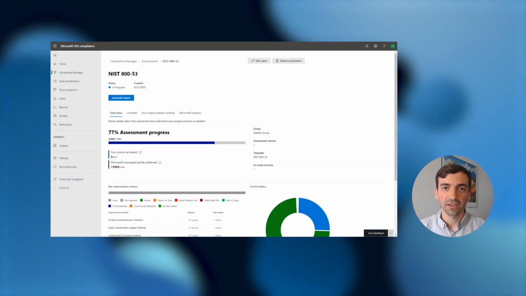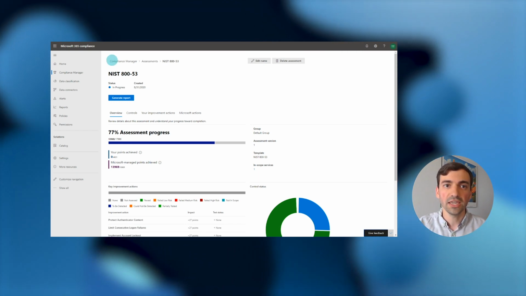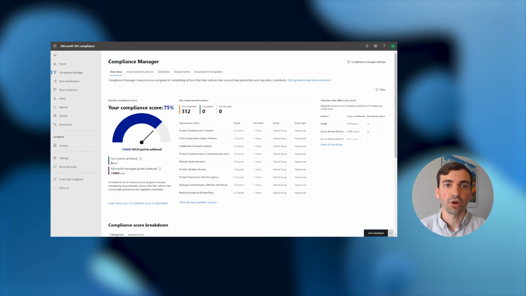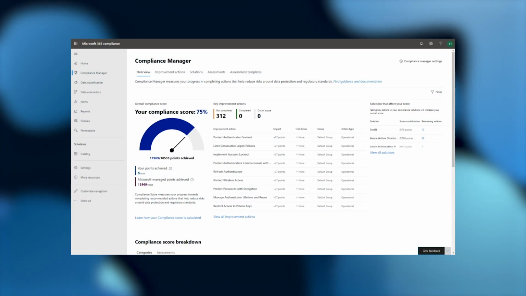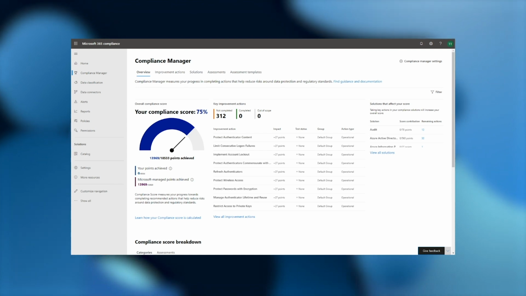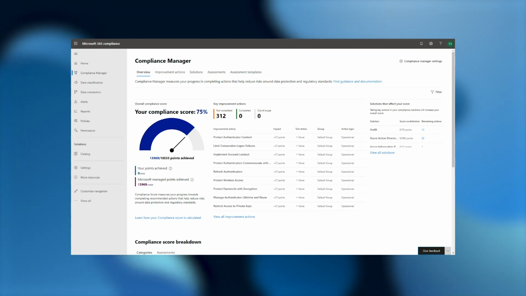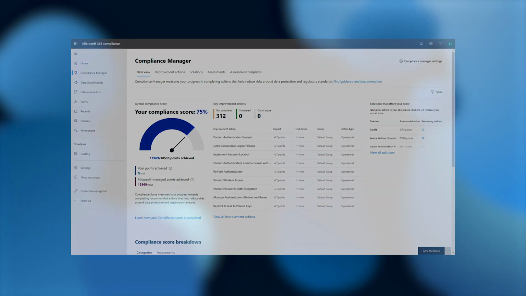In addition to reporting, you can always refer back to your compliance score to see how the actions you have taken have impacted your overall progress. Your compliance score is a quantifiable measure of your compliance posture across all of your assessments and groups, and each action you take has a different impact on your score, depending on the potential risks you're helping to mitigate. As a result, the points assigned to each action can help prioritize where to direct your compliance efforts to maximize the impact on your overall compliance posture.